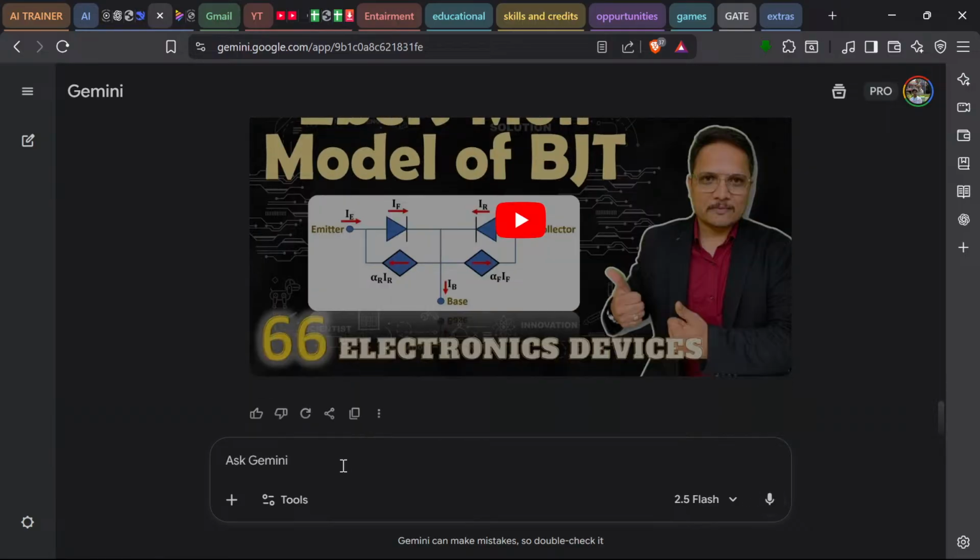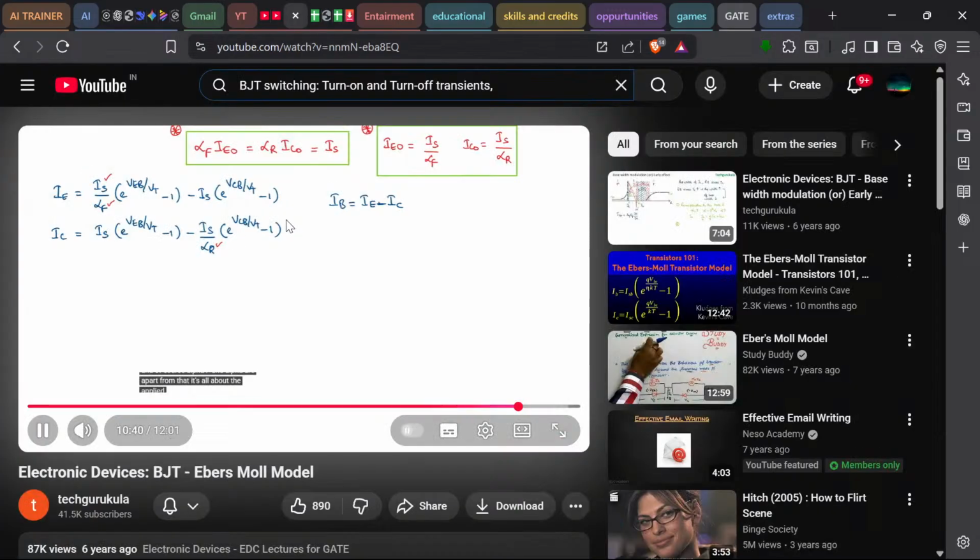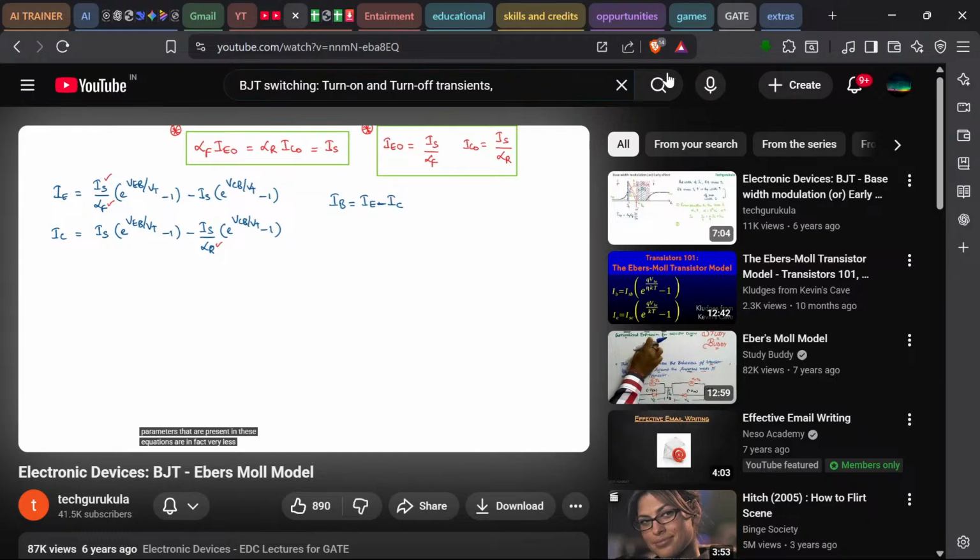Now, if we observe these equations, we have IS as a parameter that we need to know to find these equations, and of course alpha F and alpha R. Apart from that, it's all about the applied potentials at emitter base junction and collector base junction, VEB and VCB respectively. So the number of parameters that are present in these equations are, in fact, very less. Now we can rewrite these expressions in terms of beta F and beta R, where